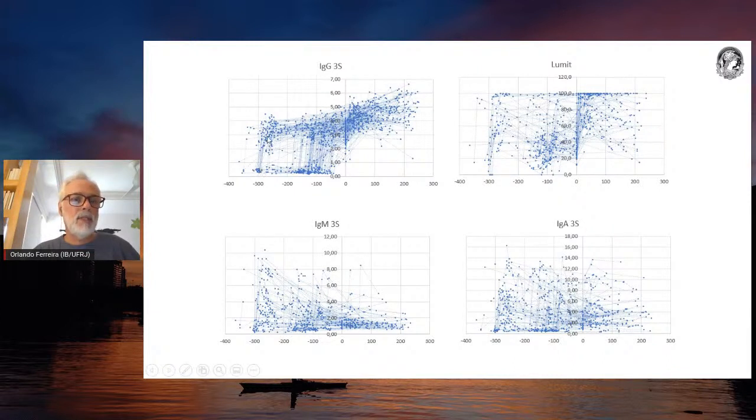What you see here is that the individuals got infected, with a rising level of IgG, but when they were immunized, this level increased for almost all individuals. Some individuals have a decreasing level of IgG, but the vast majority of the individuals had a rising level of antibody after immunization. The same thing happened to Lumit, except that